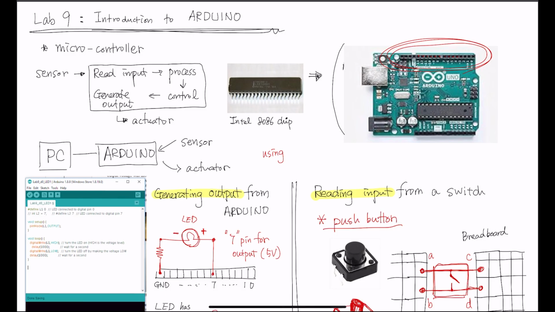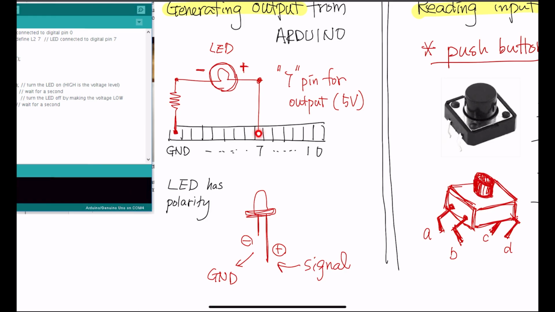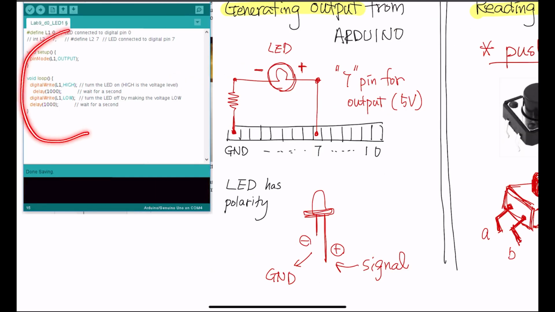So again, if you have your wire connected from pin number 7, and that goes to one of the legs of an LED, the positive one, and the negative one is connected to the ground through a resistor, then by embedding this code into Arduino, this LED is going to blink for 1 second, and